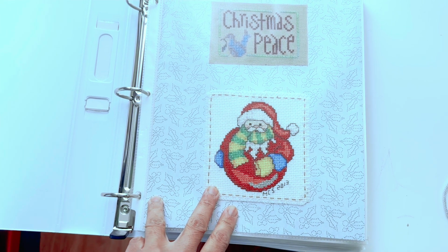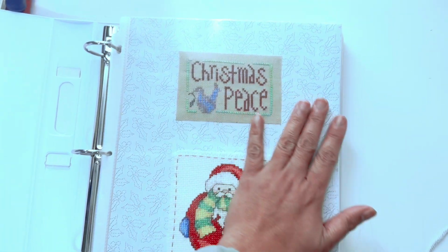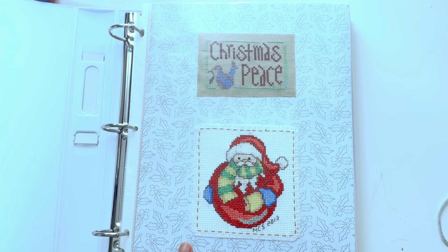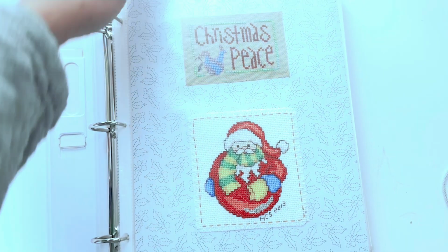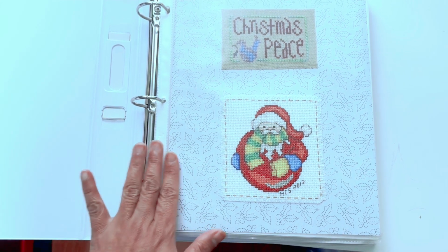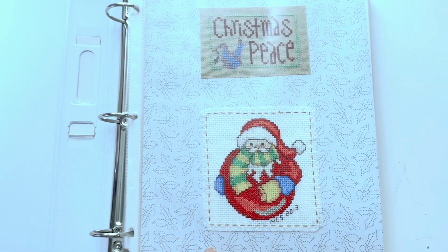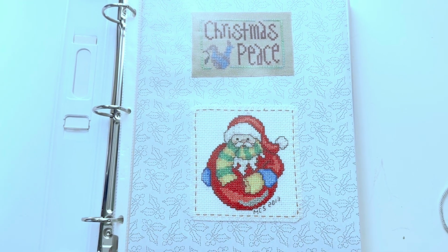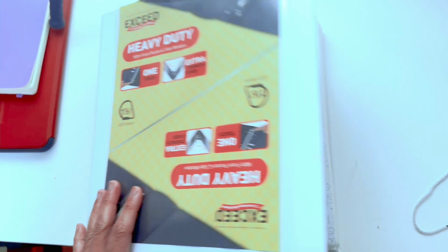interfacing at the back, SF11, and then I attach them to this. Actually, there's a card stock behind it. It's an acid-free card stock, but it's just so plain that I decided to add scrapbook paper. So this one is a scrapbook paper, and yeah, this is a binder that I'm planning to do for my